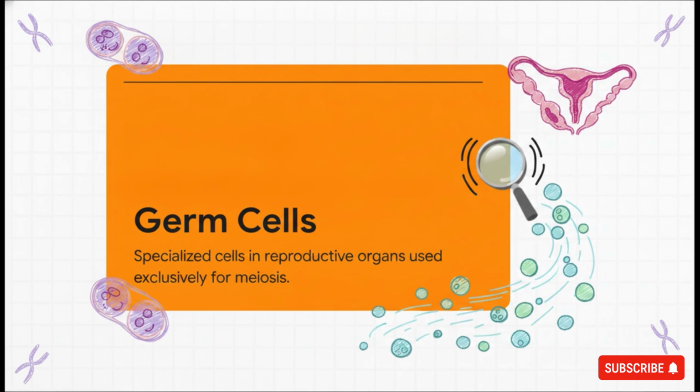They are all relying on mitosis right now just to keep you functioning. But over in the other corner of the ring, meiosis is highly, highly restricted. It happens exclusively in germ cells. These are incredibly specialized cells located in just one specific tiny area of human anatomy, the reproductive organs, meaning the testes and the ovaries. Literally, if it isn't happening there, it is not meiosis, period.